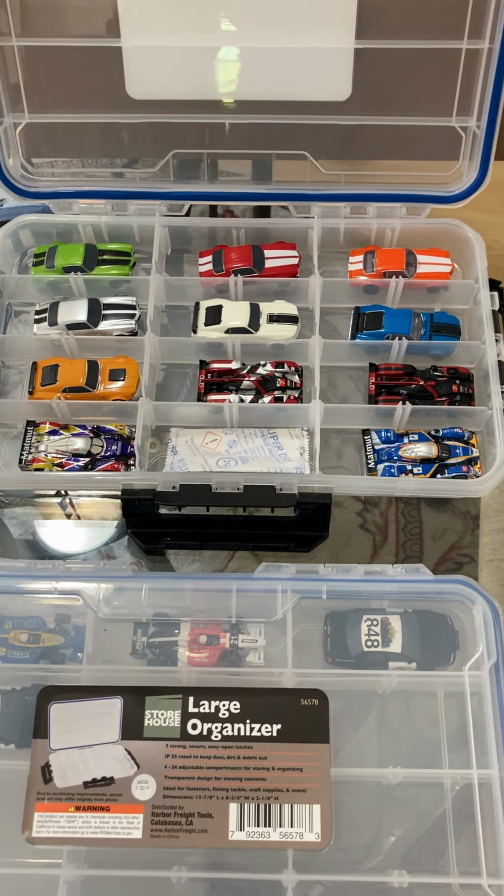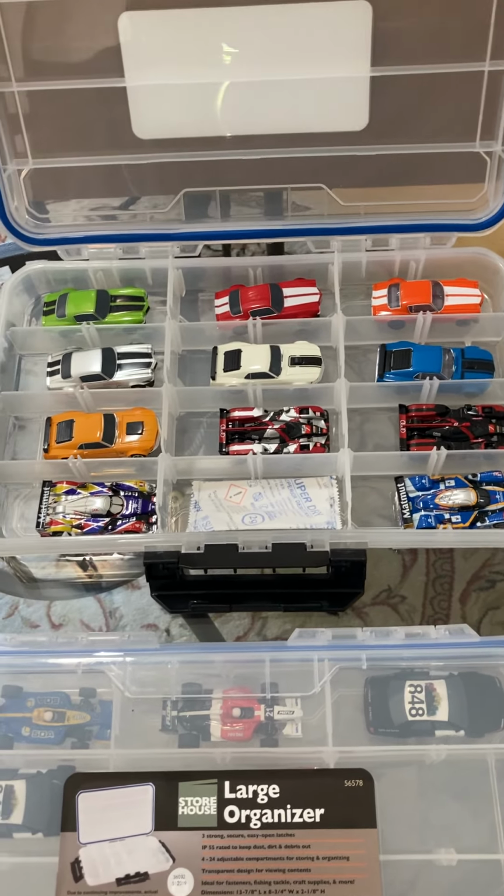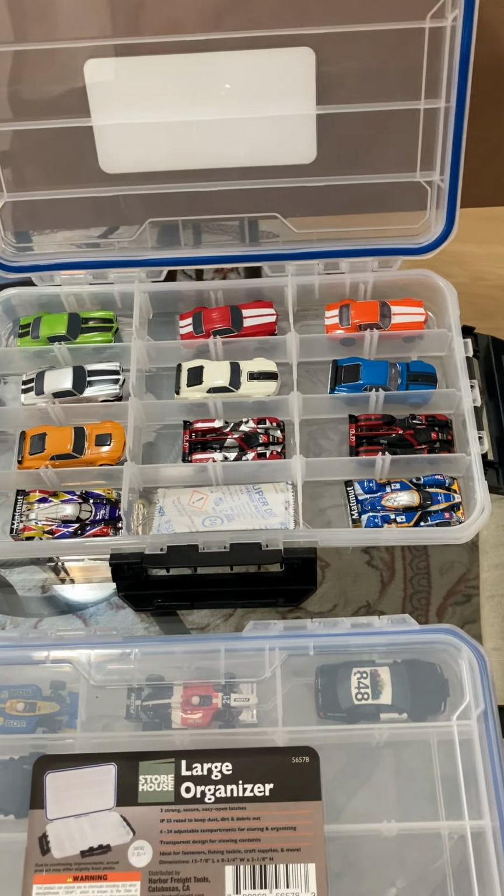It was all well kept by me. It was only used once, and that was it. So I'll put it back. After that,